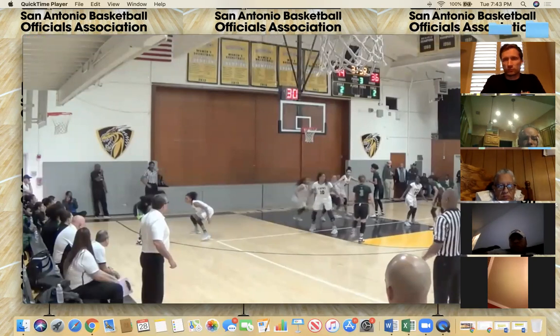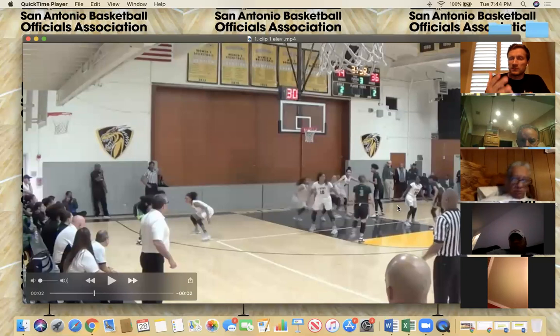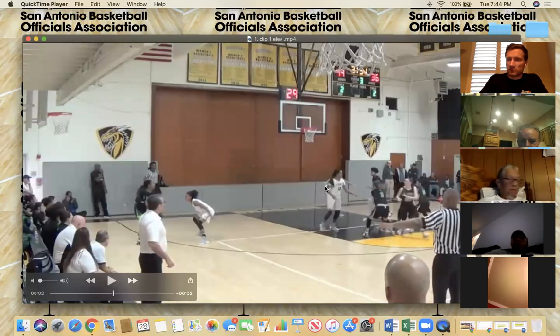Anytime we have that, we're putting our other official in a bad situation. So we have 8 players over here. Here's the action. This isn't that competitive. We may have a closely guarded count, but here's the action right here. We have 8 players inside the paint. So lead needs to get into here, and then center needs to get over here. What we do is we end up leaving center with 8 players to referee in the paint. It's not good, right? Mechanically that's just bad. The system is all out of place.